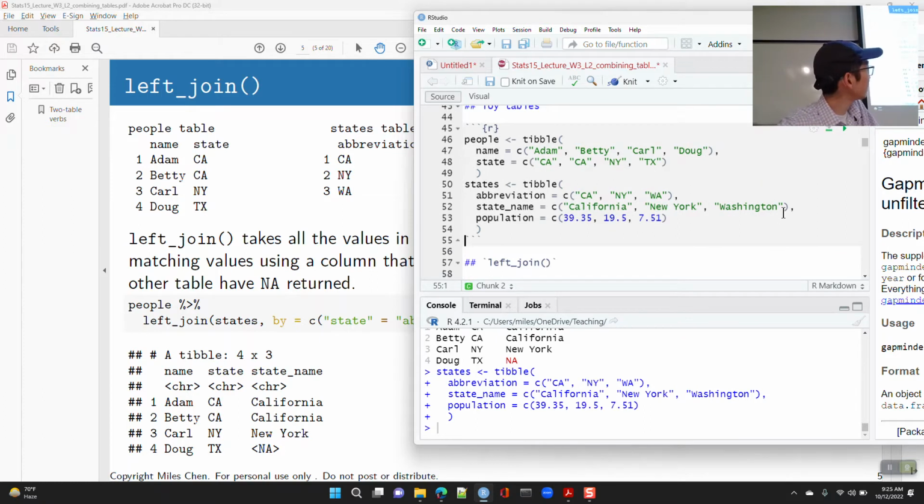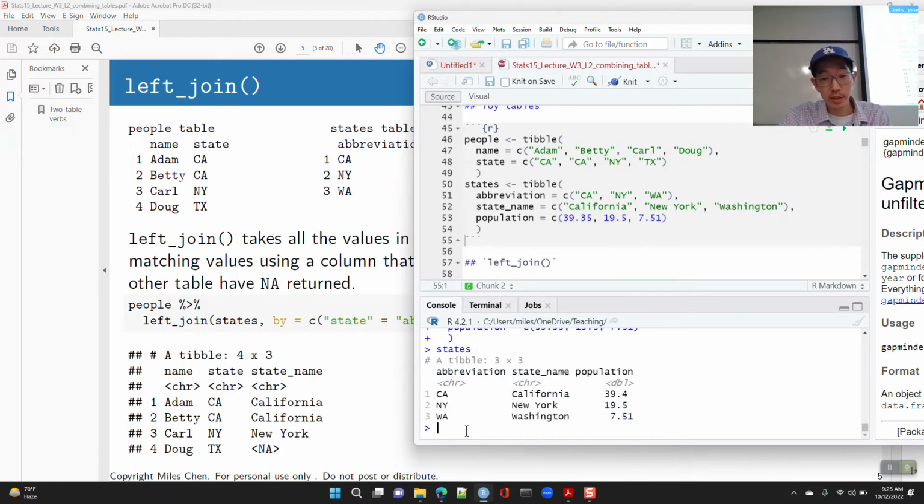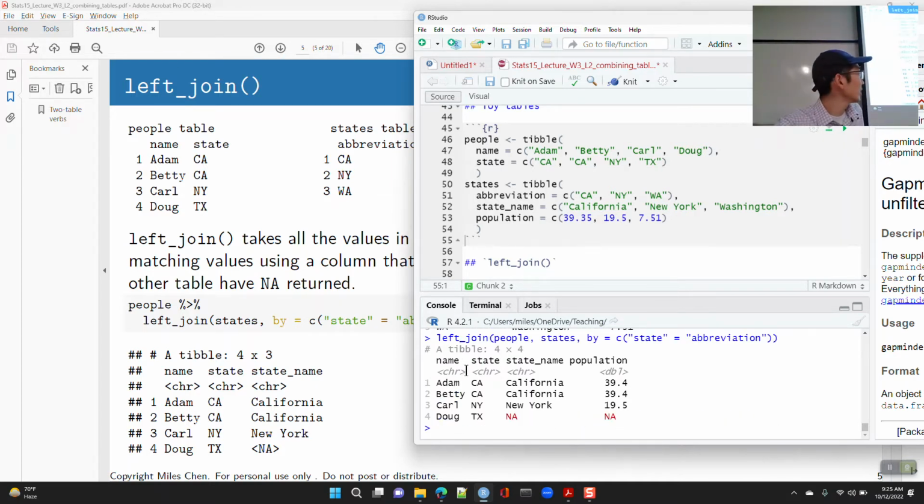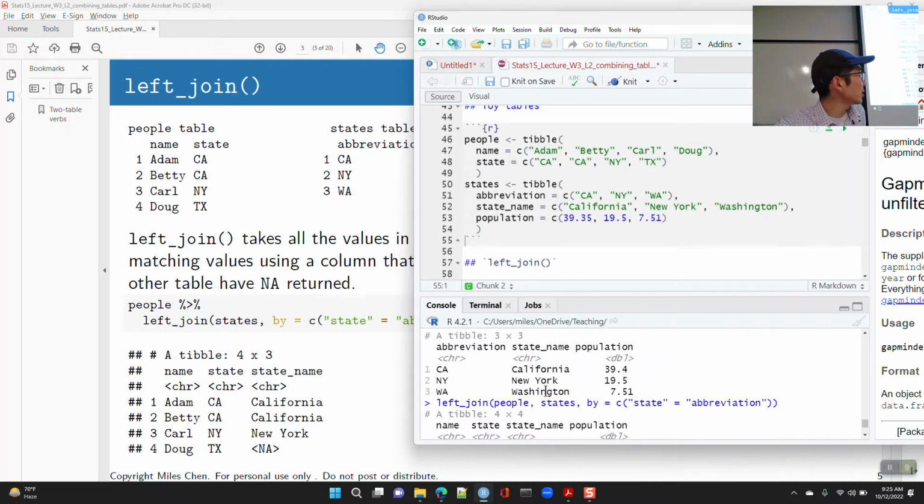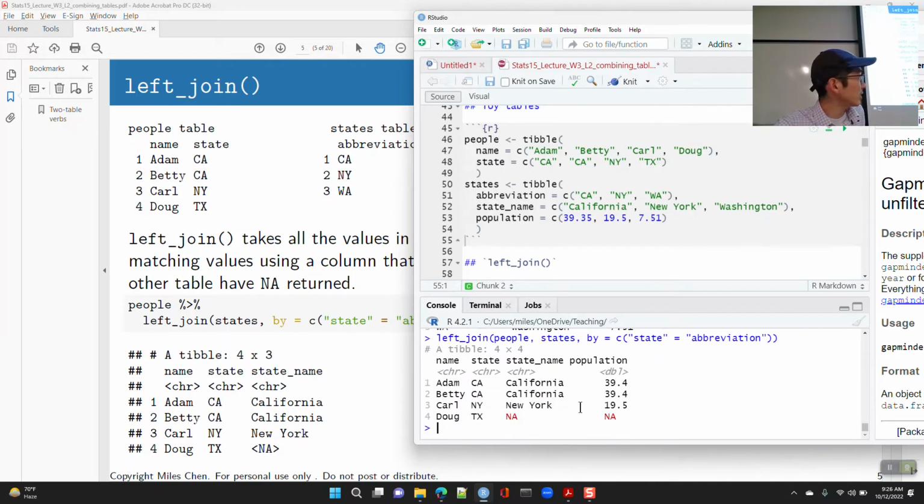So here, if I have this, now my states table looks like this, okay? And if I do the same kind of command where I'm going to left join people and states, it's going to take everything in the states table and tack it on to the left table, okay? And so here, all the columns in this thing, it finds the matches and then it tacks them on, right? So if I had even more information about the states, I don't know what we would want to put in, like,